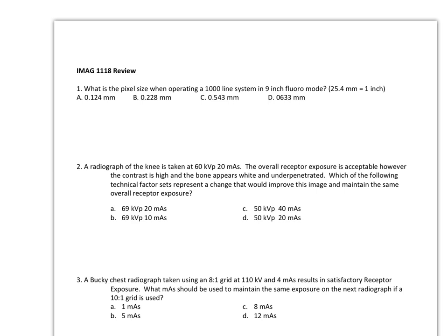So the size of the pixel is going to be the field of view, or the fluoro mode size, or the input phosphor size, divided by the number of lines in the system, or the number of lines in the matrix. So since the answers are given in millimeters, we need to convert 9 inches to millimeters, so we simply multiply 9 times 25.4 millimeters per inch